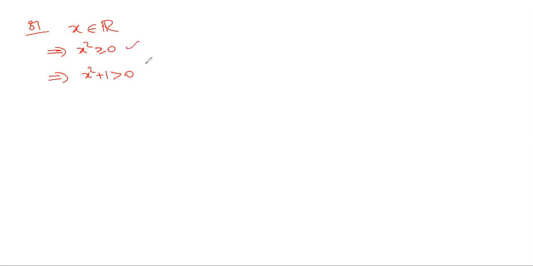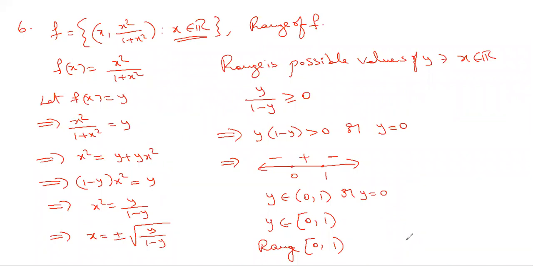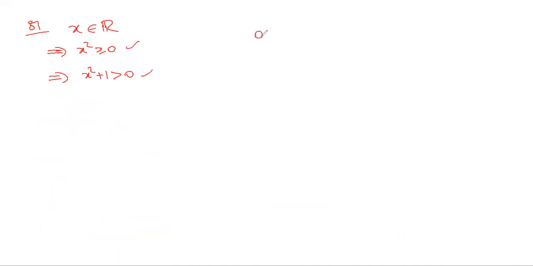And these two you keep aside, because our aim is to define the range of that expression x square by 1 plus x square. So you write this: 0 is less than or equal to x square. So won't it be greater than or equal to 1? No, I didn't add anything. I added 1 only on one side, so automatically it will be positive. For a non-negative number, I added 1, so it will become a positive number, greater than or equal to 1, so automatically greater than 0.